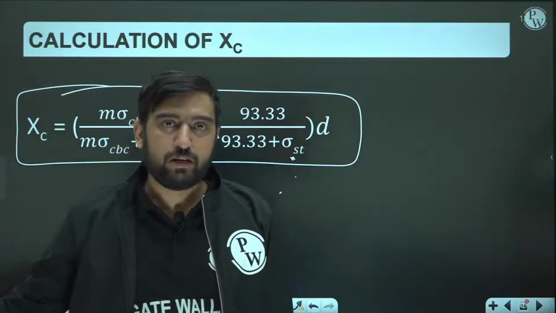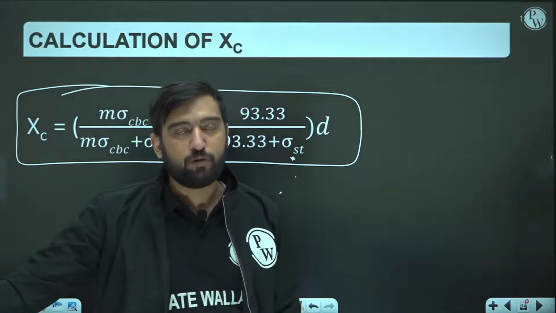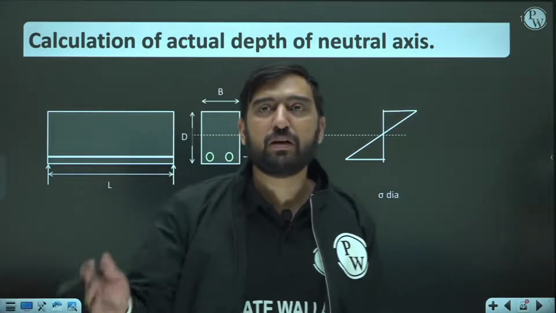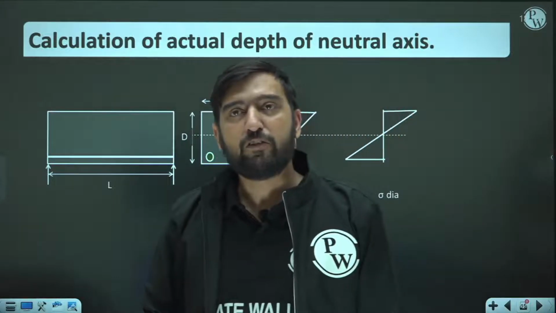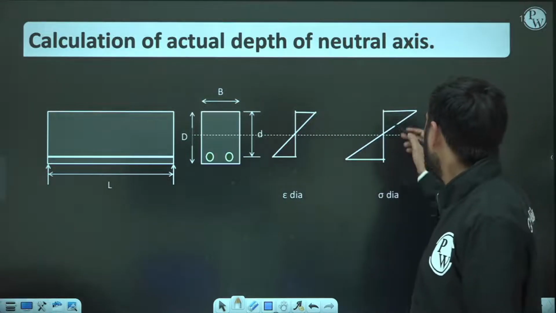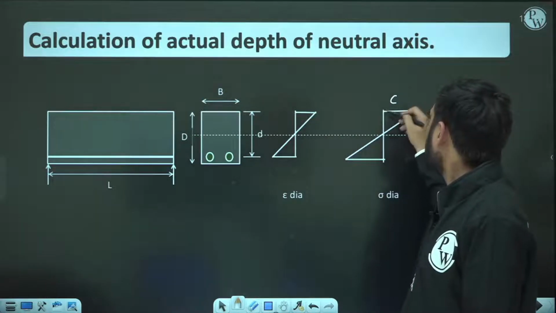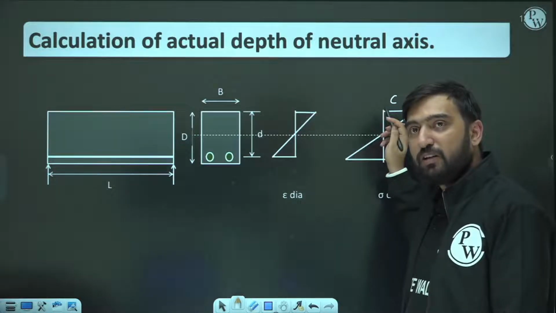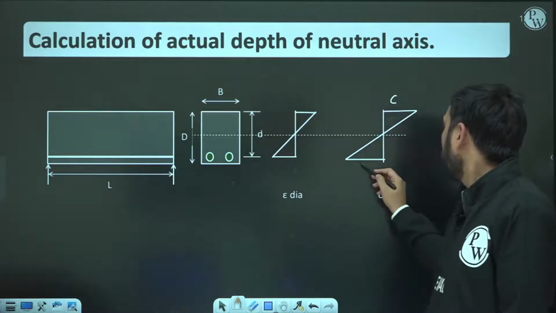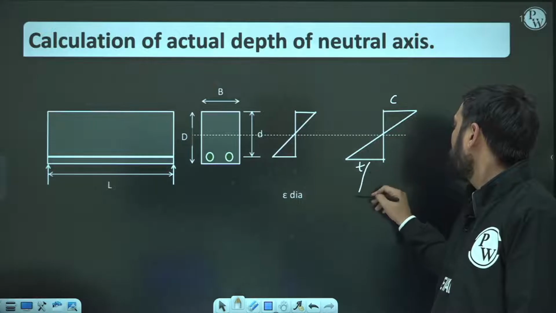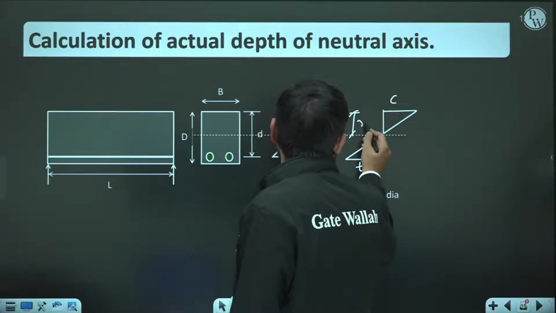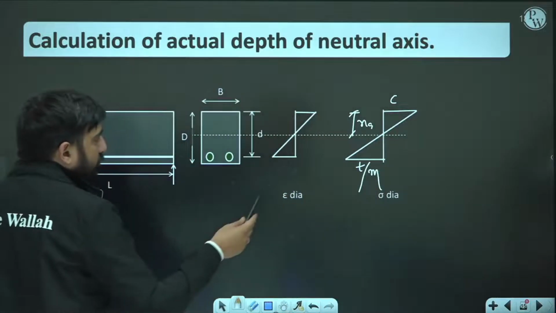Okay. So next is actual depth of neutral axis. Like in limit state method, what we did, we simply equated our compressive forces to the tensile forces, and afterward we calculated the actual depth of neutral axis. So the scenario is also the same here. If this is C, I don't know what all the stresses developed at this section are, because sigma CBC will be developed only when maximum permissible stresses are reached. And let's suppose the stress developed in steel is T, so in the equivalent section it would be T over M. So one thing we can say is that if this is XA, then